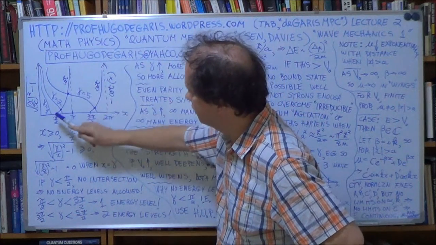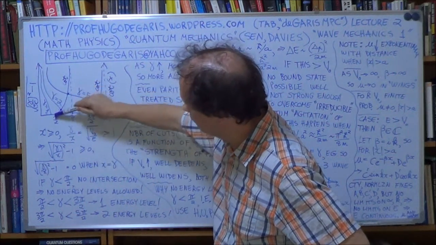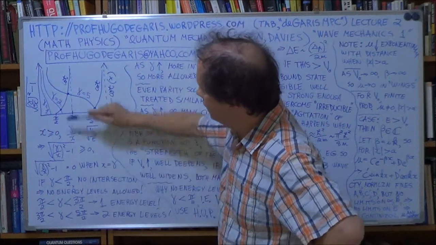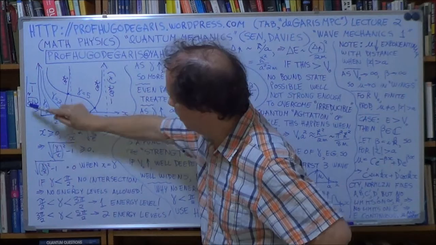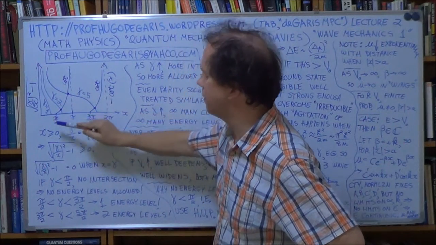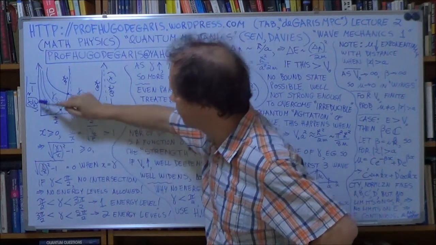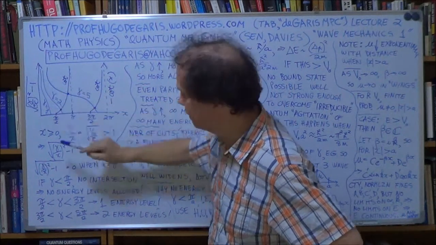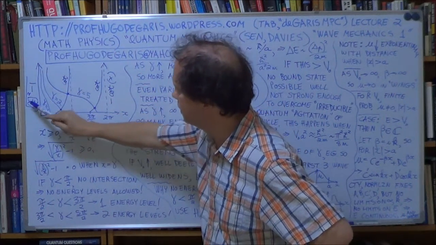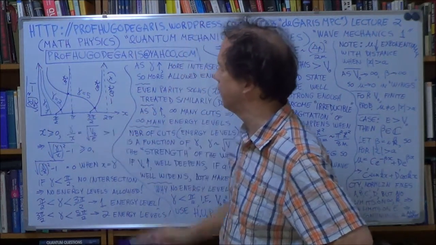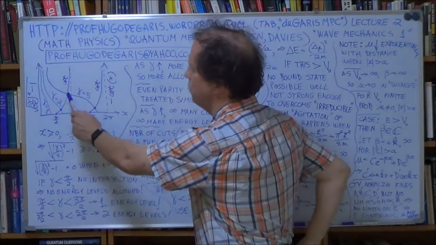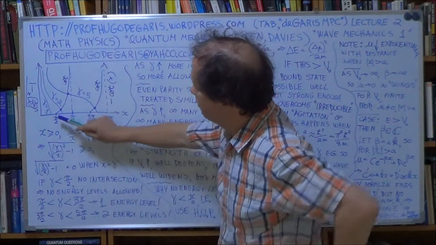So your cotangent will start at pi over 2. Okay. And your square root curve, this one cuts the x-axis at gamma. When x equals gamma, this becomes 0. All right. So our cotangent starts at pi over 2,